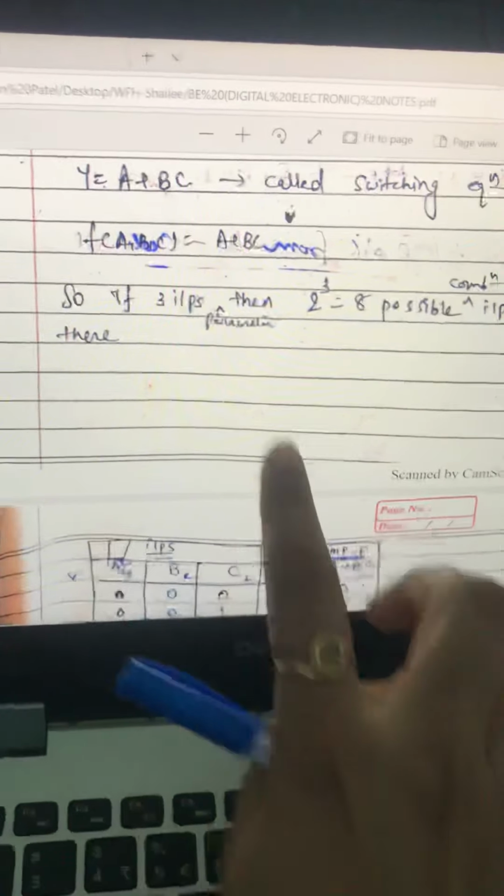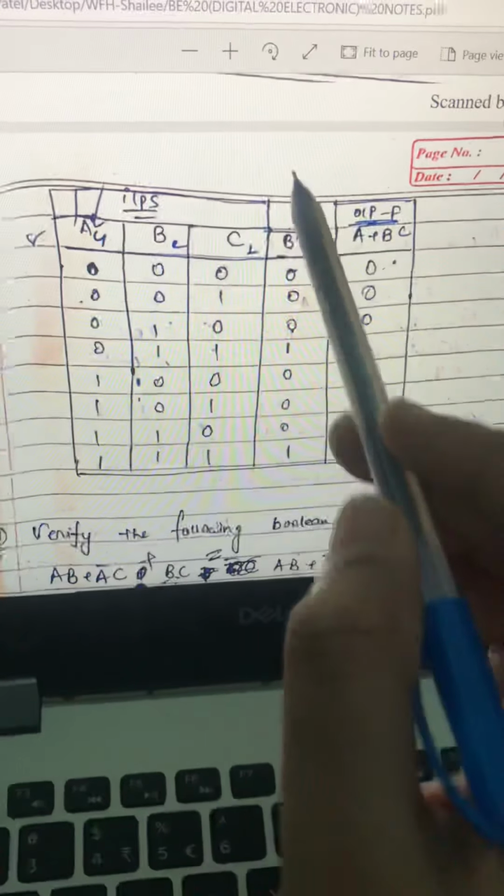Now the expression is A plus B into C. So firstly you need B into C, then you can do ORing with A. So B into C are these two columns and the AND product of their individual inputs. So we know the AND gate: 0 into 0 is 0, 0 into 1 is 0, 1 into 0 is 0, just 1 into 1 is 1. So according to that formula you can put the values here. See, 1 into 1 will be only 1, elsewhere others are 0. This is B into C, this column you got.